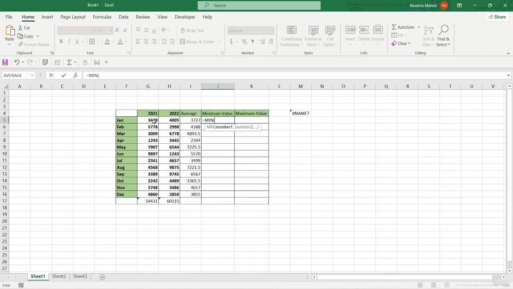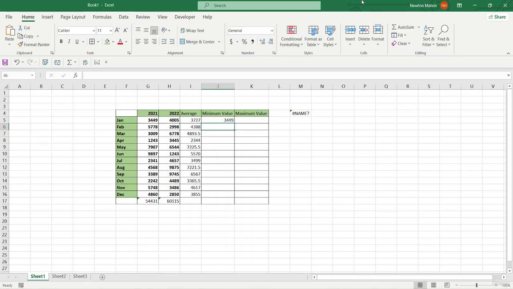The cells that I want are these three cells over here. If I close parenthesis and press enter, you can see it gives us the minimum number that is available in these three cells, which is this one, the 2021 cell that represents